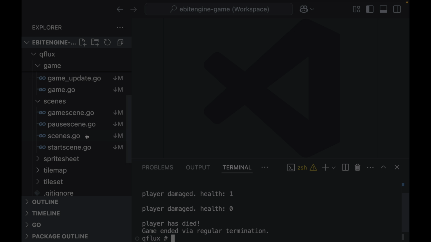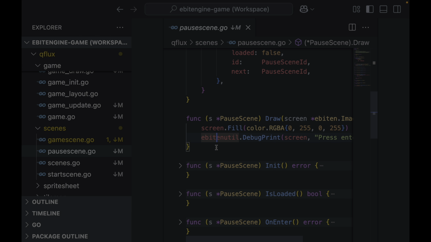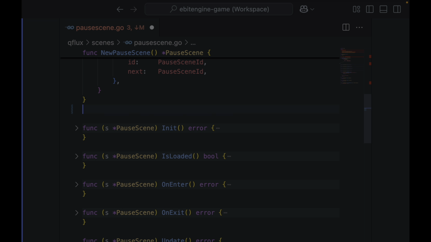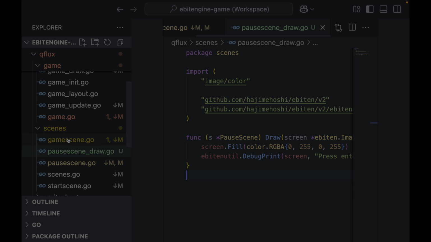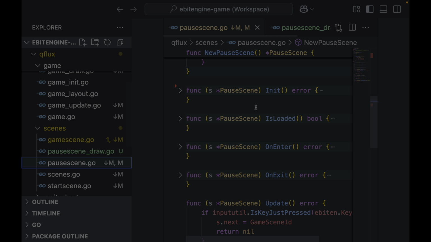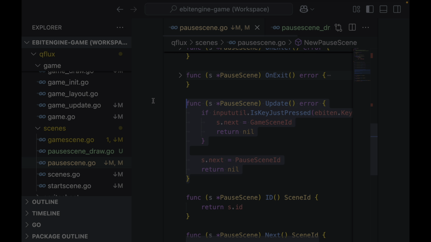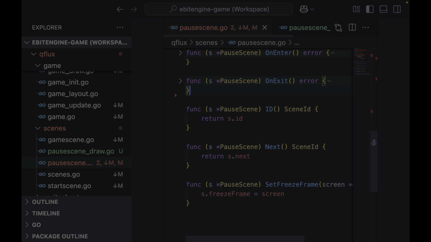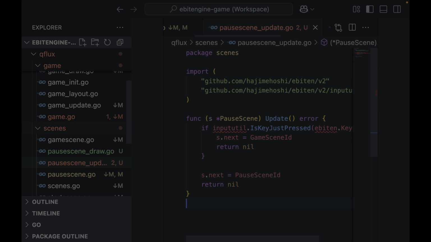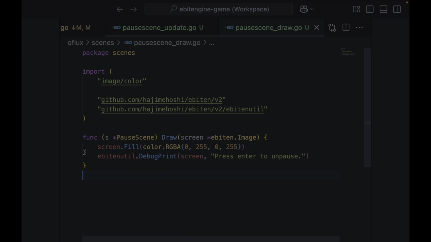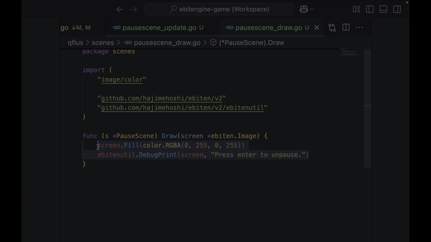is just a green background. First, I am going to follow a pattern I find useful, which is to break the update and draw methods into their own files. This helps separate the logic and makes it easier to make changes. To do that, I just copy the draw method into the new file, and I do the same for the update method. In pause scene draw.go, I am deleting everything currently in the draw method since I am replacing the